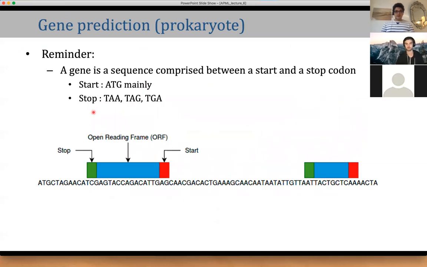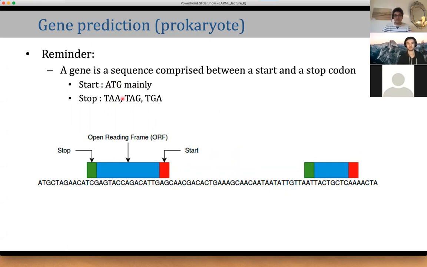So I just wanted to show a little how it works with gene prediction. This is what you will do for the project in prokaryotes. Just a reminder, a gene is a sequence between a start and a stop codon, with no stop codon in between. The start is usually ATG, but there can be a change on the A. And the stops are always TAA, TAG, and TGA. So that means that to have a gene, it's impossible to have a stop within the gene in this frame, and you have codons, and it will start with ATG.